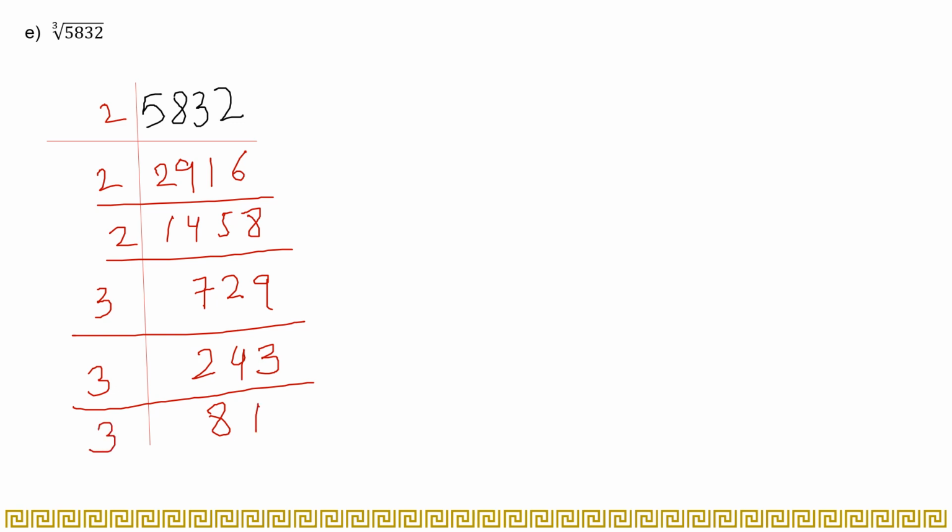Right? 3 2s are 6, and 3 7s are 21. Right? 3 9s are 27. Now 9. 3 3s are 9, and 3 1s are 3. Right? Again, we will write it in the form we used before, like root of